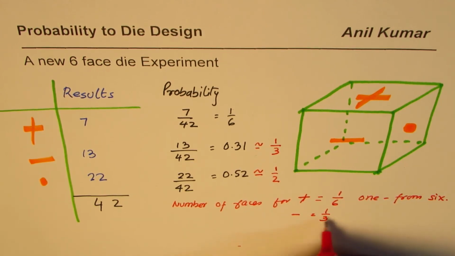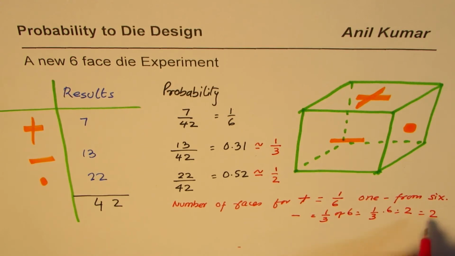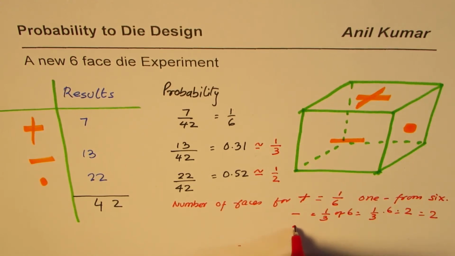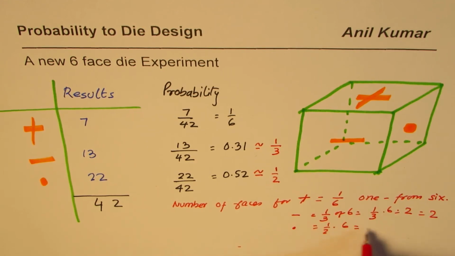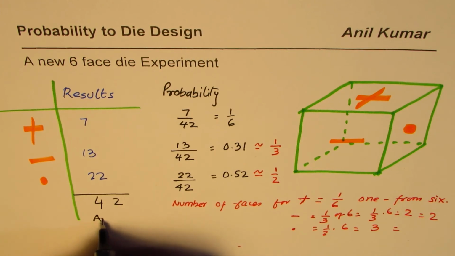It is 1/3 of 6, or you can say the number of faces is 1/3 times 6, which is 2. You could do it like this also. So there are 2 faces with the minus sign. For the dots, it is half of 6. So half times 6, which is 3. So the number of faces is 3 for the dots, right? So that is our result. So we can write our answer as